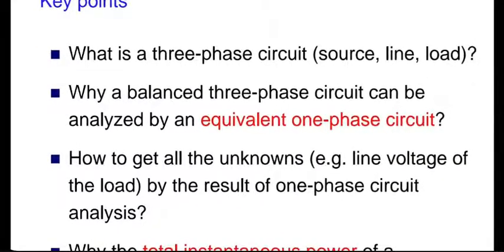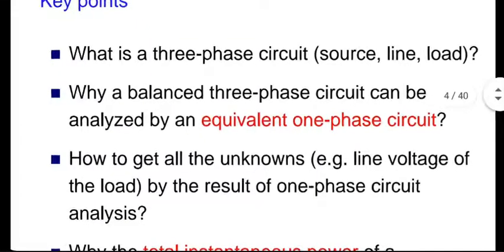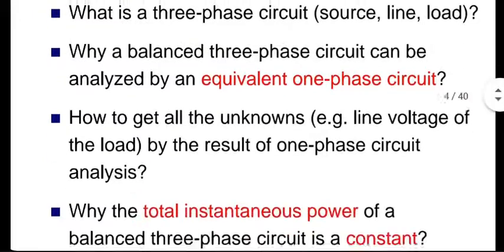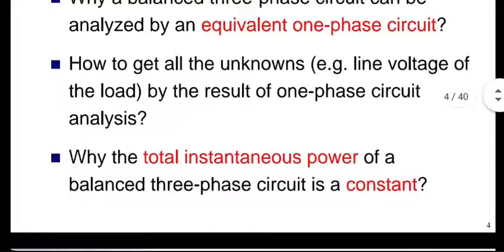A lot of unknowns will be there in the system. How much voltage is being generated from each generator, that is generally known. But then how much will actually come out from the 3 lines or 4 lines? That is something we have to figure out. We'll do that soon. We try our best to generate one-phase equivalent circuits for three-phase systems, especially if they are balanced systems. And that helps. Why the total instantaneous power is constant, I'll prove it mathematically later.